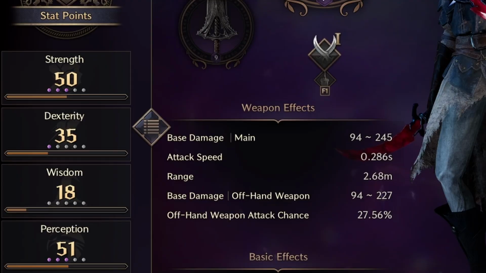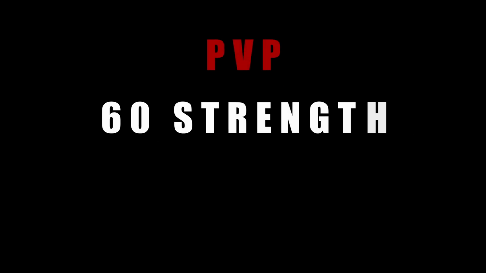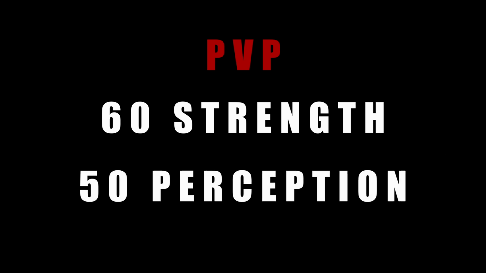So first thing you have to pay attention to as you're playing these builds is your stat points. The stat points are incredibly important. For PvP, you want to aim for 60 strength. With Greatsword Dagger, you're basically always aiming for 60 strength with the right gear. And then you want to aim for 50 perception, because being able to hit in PvP is very important with